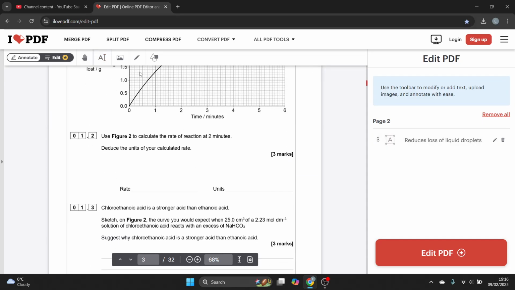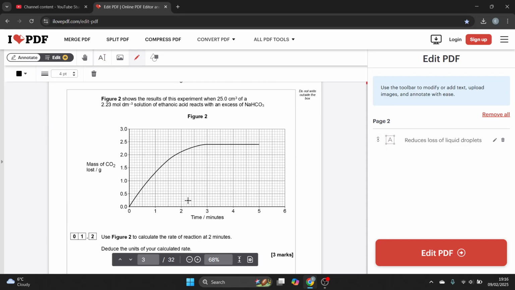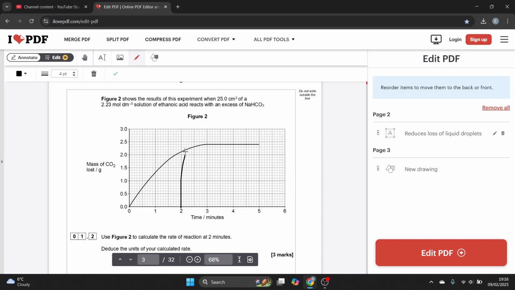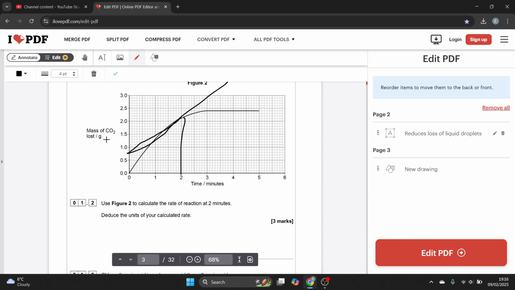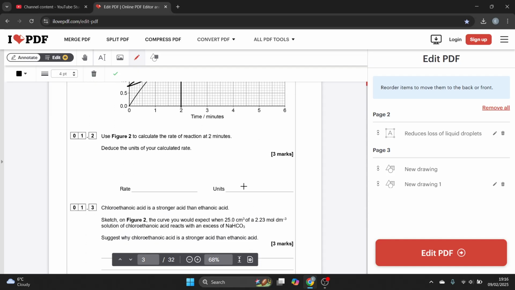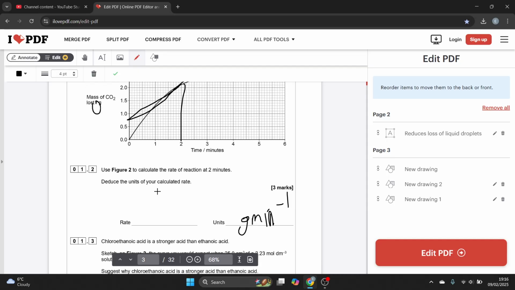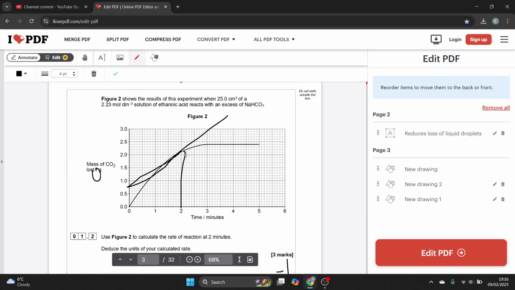Use figure 2 to calculate the rate of reaction at 2 minutes. So what you do is you go to 2 minutes, draw a tangent, then find the gradient of the tangent, and the units are going to be grams per minute, g min^-1. The rate just depends on your answer, your gradient. So if I did the gradient right now, at 2 minutes, so